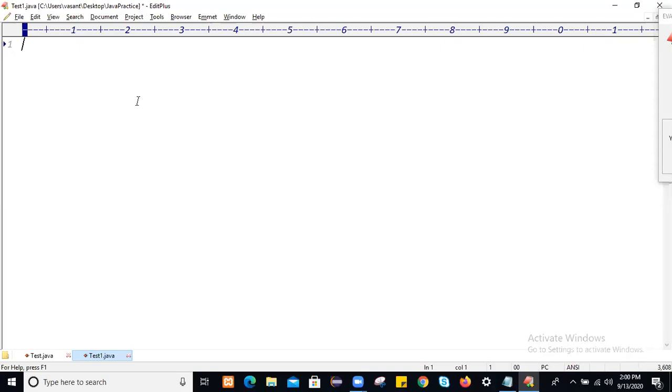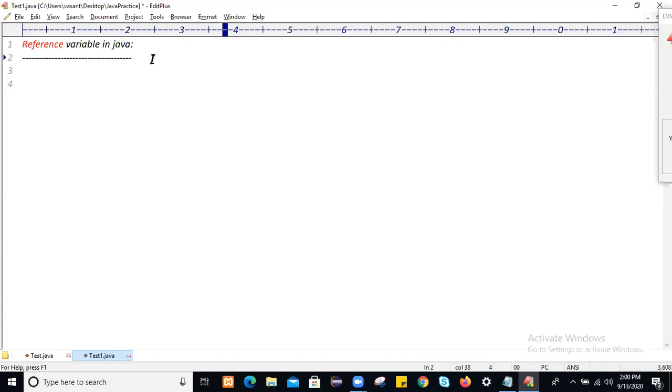Okay, in this session we'll discuss what is reference variable in Java. So how to create reference variable, and then how to use reference variable in Java. Now guys, we create reference variable within the method, or else we can create the reference variable at class level.